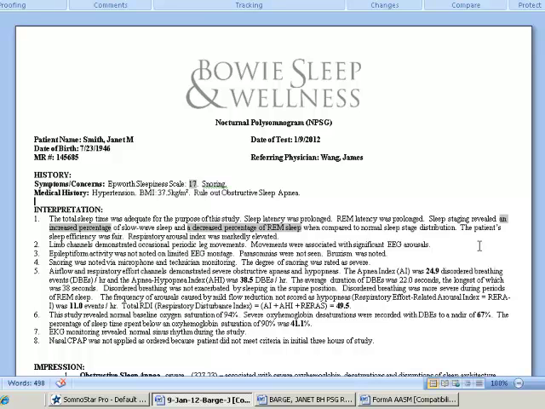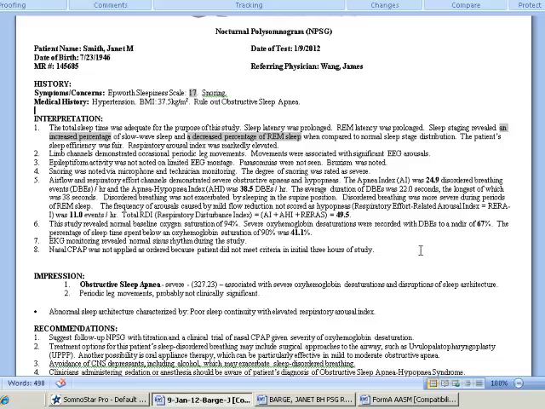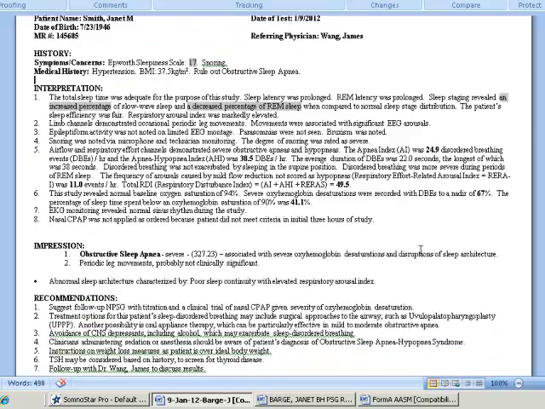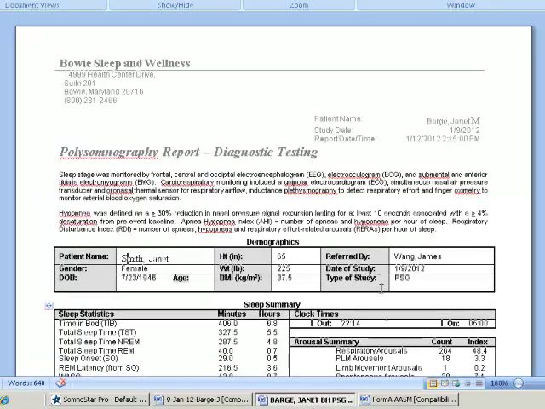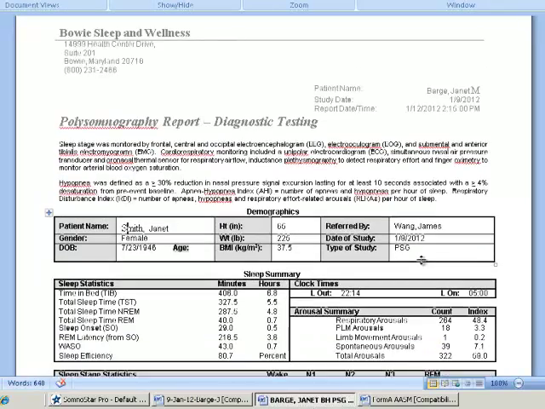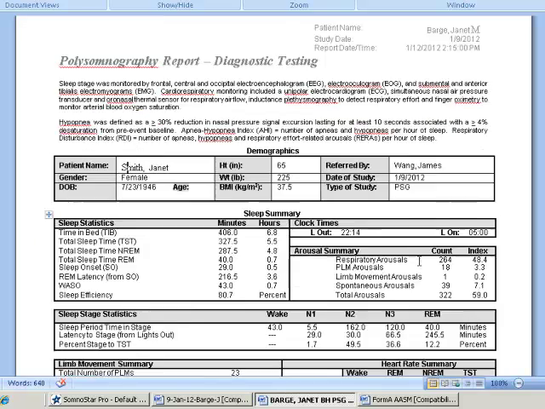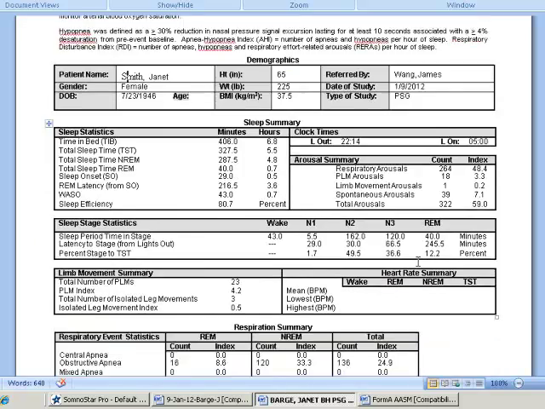This is a brief overview of the operation of the interpretation template. The key elements are the simplification of the creation of a basic report, yet the capability to add additional detail. Once the technologist has completed the scoring of the study, the logic software will be creating the majority of the